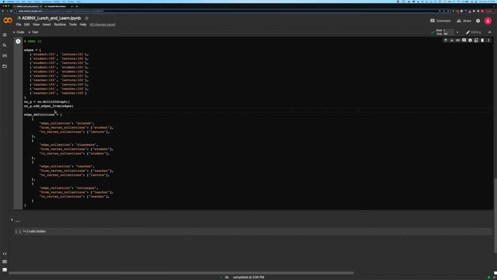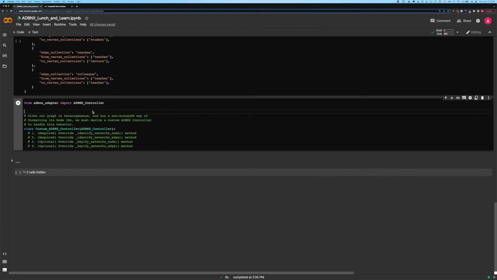Earlier in this video, I had mentioned the use of a custom ADB and X controller for when your NetworkX graph is no longer confined to one vertex collection or one edge collection. Given the following NetworkX school graph, we can see that we are dealing with three vertex collections: student, lecture, and teacher. We are also dealing now with four edge relationships: student to lecture, student to student, teacher to lecture, as well as teacher to teacher. Given this newly introduced level of complexity, the ArangoDB NetworkX adapter now requires the user to derive a custom ADB and X controller in order to specify how each NetworkX node or edge should be treated.